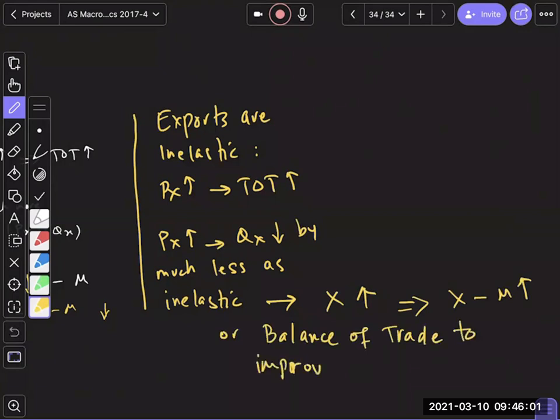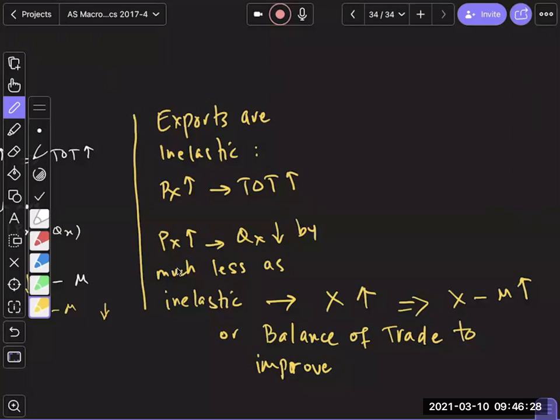So if I am a country selling inelastic goods, like Germany, which is a great example, selling a lot of inelastic goods, then whenever the euro appreciates in the market, it's not bad news for them, because they know that the demand is strong. People will keep on buying, and now they will probably make more money. Does that make sense? So that's the story for the relationship between terms of trade and balance of trade.